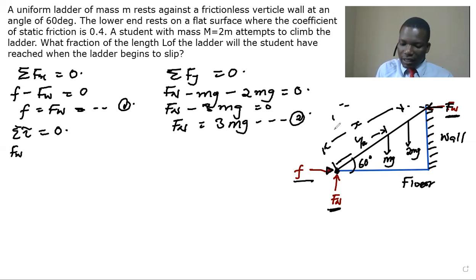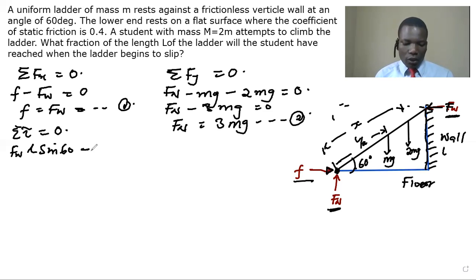We see that it is this distance, which is equivalent to that distance. So we have the angle 60 here, and trigonometrically this distance is going to be the length of the ladder times the sine of this angle. So we have the length of the ladder, which is L sine 60. That will be the perpendicular distance. And then we have a minus sign